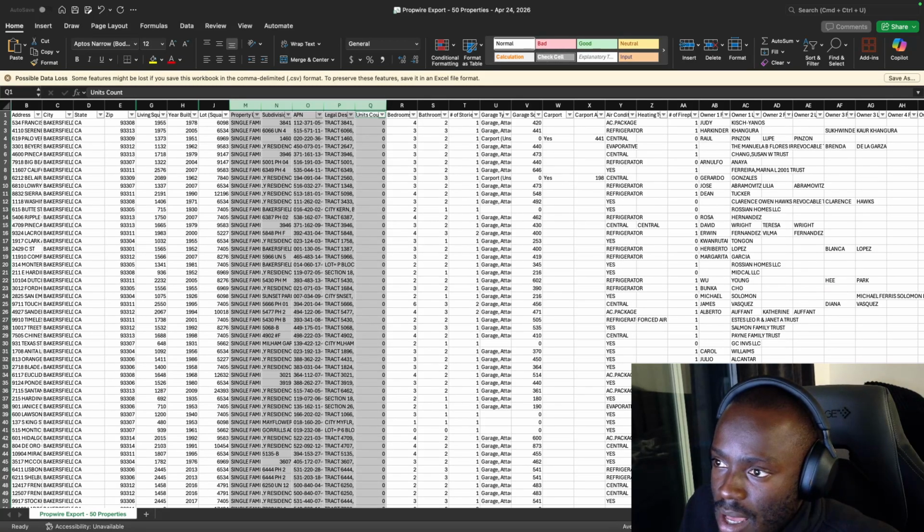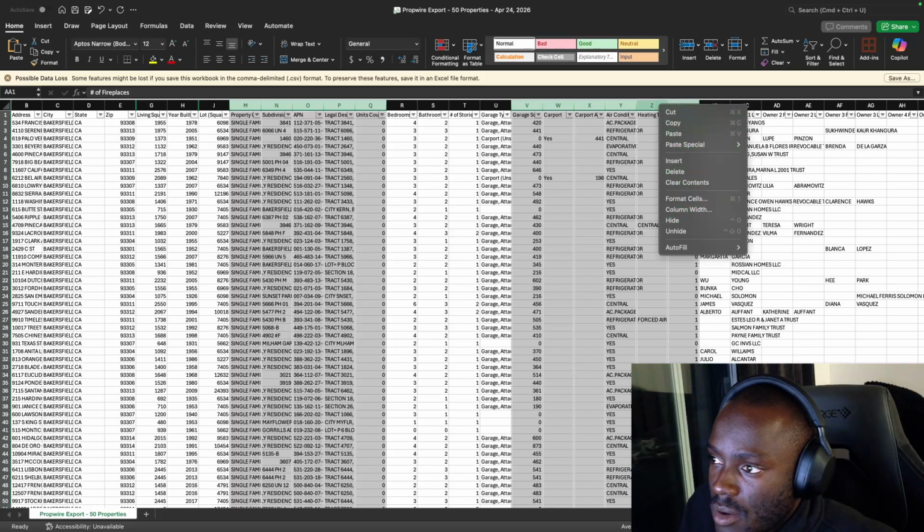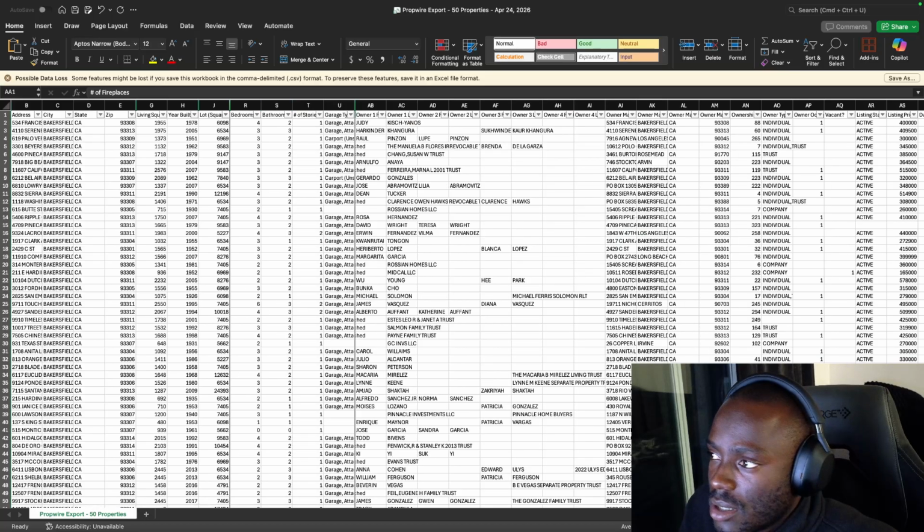Units, we don't care about that. We want to know about the bedrooms and the baths. Garage attached. Yeah, sure. We can keep the garage. Carport, we don't need that. HVAC, we don't need that. Heating, we don't need that. Owners, yes, we want to know who the owners are just in case we have to skip trace. So we're going to hide all that information.